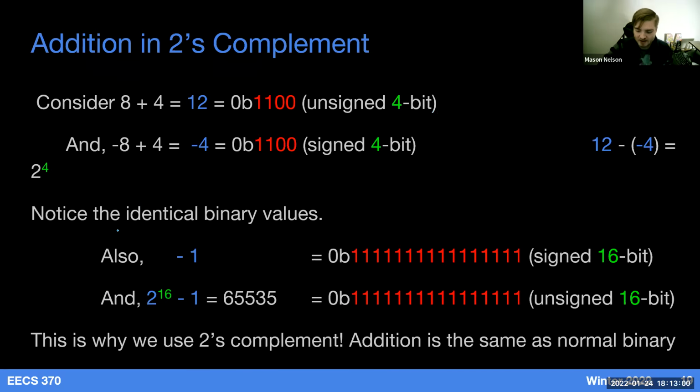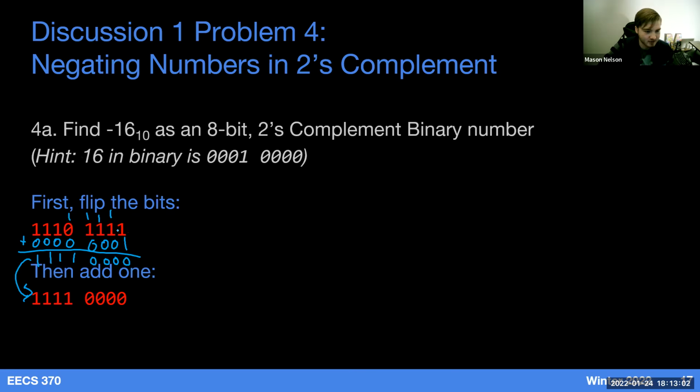And so I did show you, right here, I did the same addition algorithm that we did from the first discussion with unsigned numbers. One really cool thing is that addition in 2's complement and regular unsigned numbers is the exact same algorithm. You might sometimes have some overflow. So if you had a leading 1 over here, we're going to ignore that. But otherwise, it's going to be